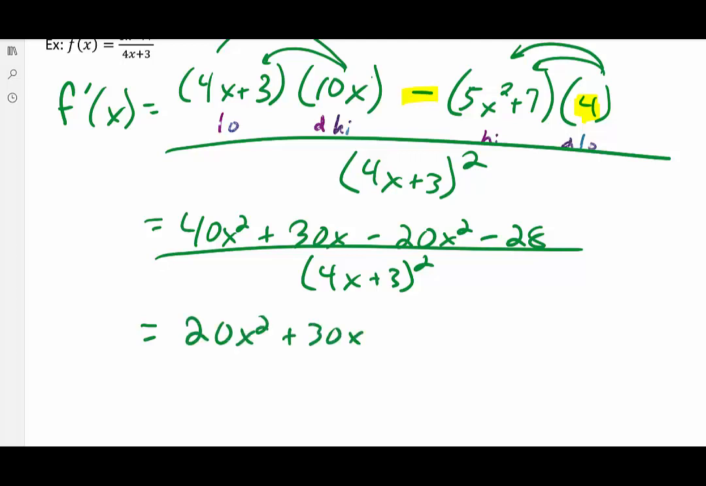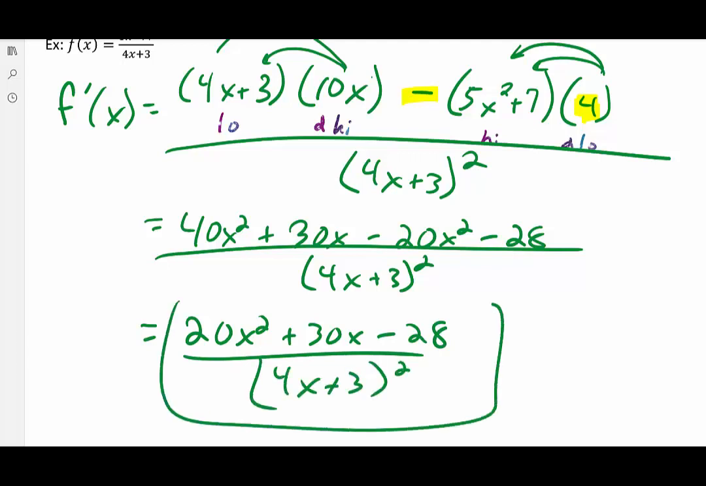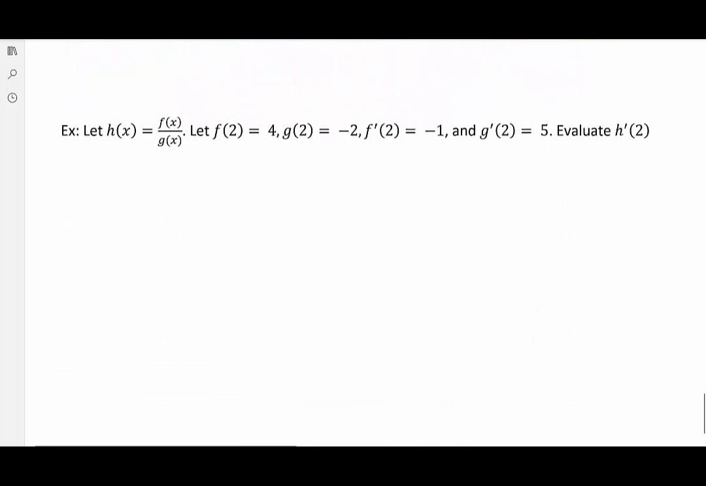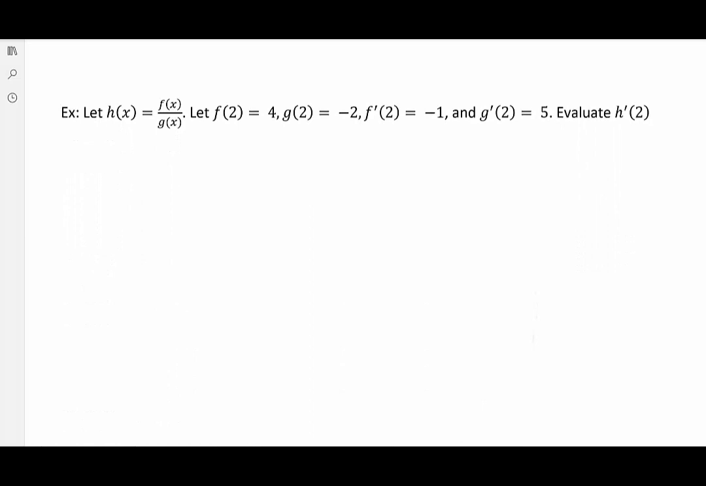Low d high minus high d low over low squared. Alright, I believe this is the last question. Alright, so this is similar to what we had earlier with the product rule. Here they give us, oh man, all kinds of function evaluations. They want us to find h prime of 2 whenever h of x is a quotient. That's okay, we got that. So once again, let's do our